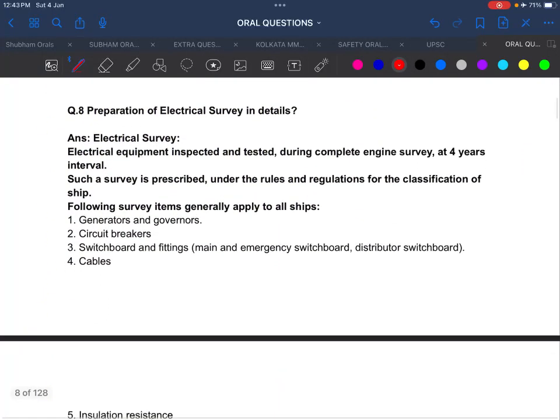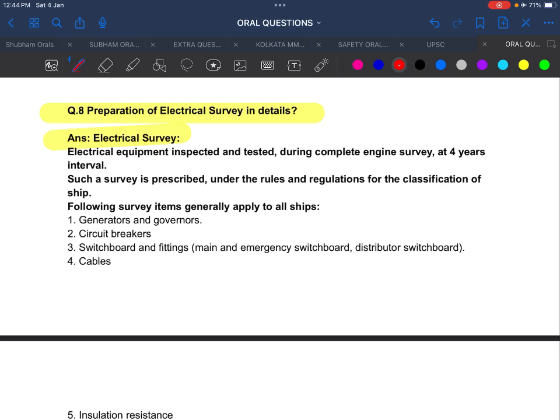This is a very important question because most of the time the surveyor will ask this question, so you have to go through this. Preparation of the electrical survey in detail. What is the electrical survey? Let's suppose an electrical survey basically happens when there is some construction and operation going on on the ship,